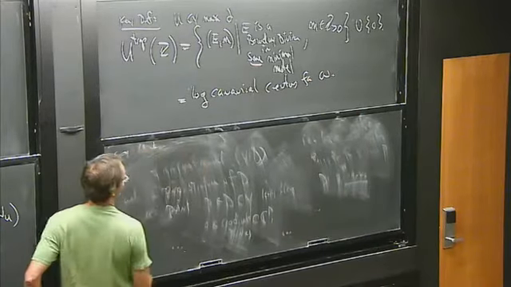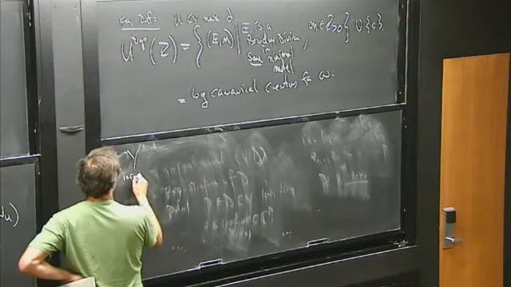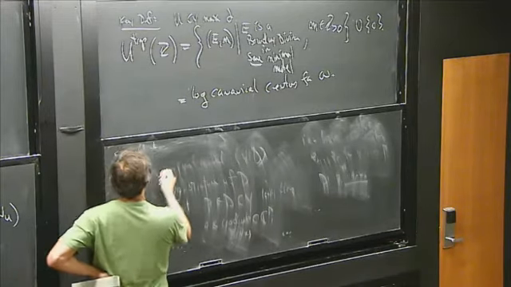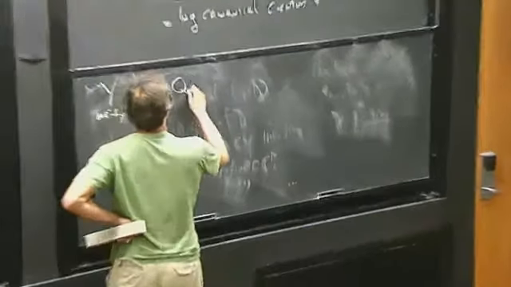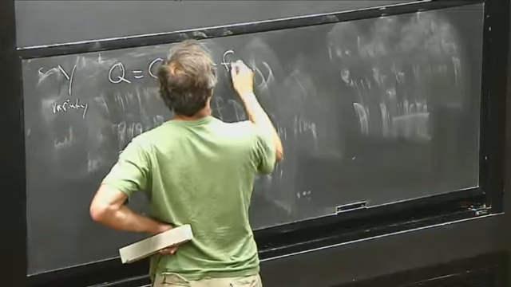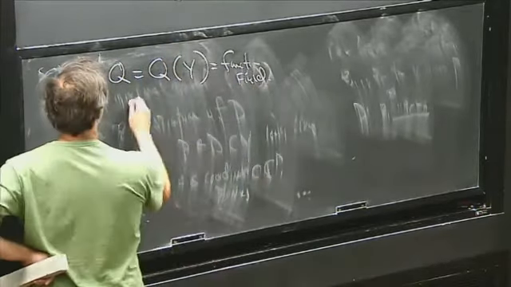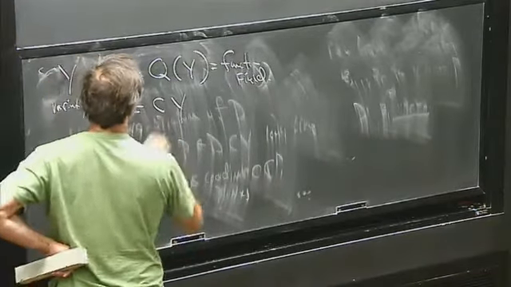Or let me give you a different definition. Let's say I have a variety Y. It's going to be a minimal model when I use it here. Let Q be the field of fractions, the meromorphic functions, the function field. And let's say I have a divisor on here, an irreducible divisor.